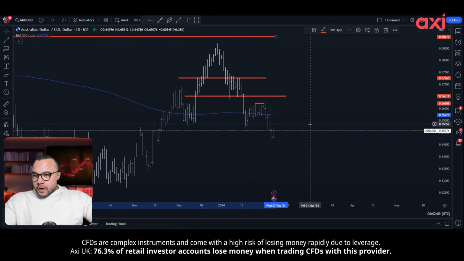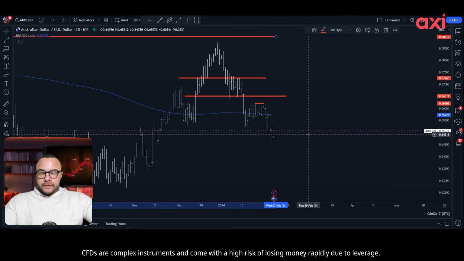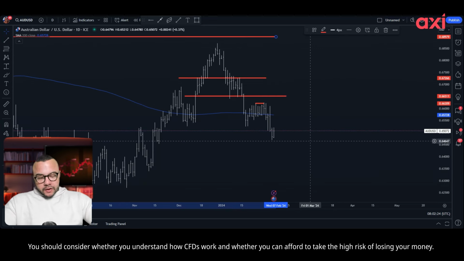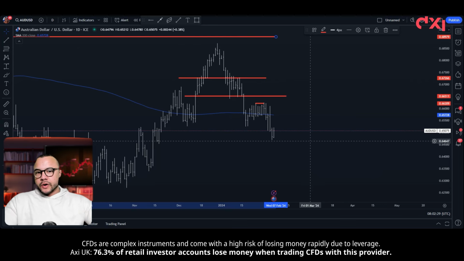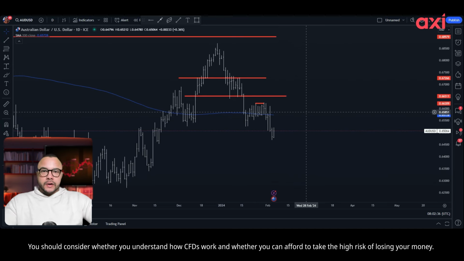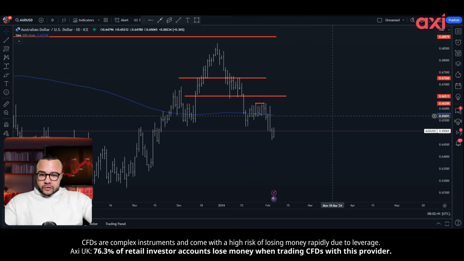And with the way that risk is sort of looking at the moment, we're seeing the chip manufacturers really do their heavy lifting. Apple's doing quite well as well, above the 200 daily moving average. Tesla is bringing things down. But the larger tech firms that are making use of AI, they are the ones that are keeping the market a little bit more buoyant at the moment. And so Aussie dollar is going to respond in this way. Aussie is very, very correlated to risk sentiment. The dollar at the moment is very, very strong because we've seen a reversion in rates.